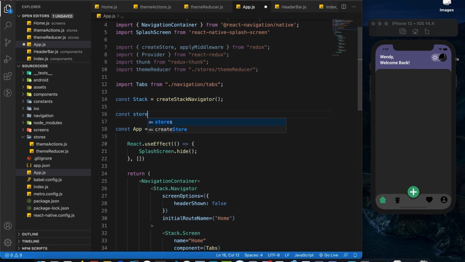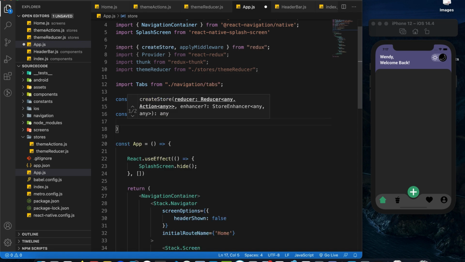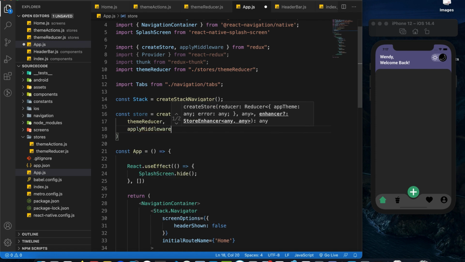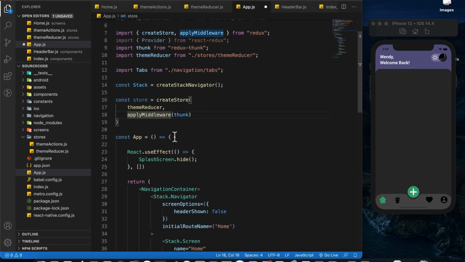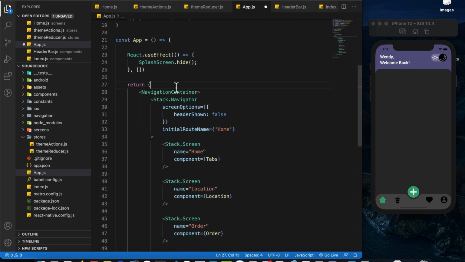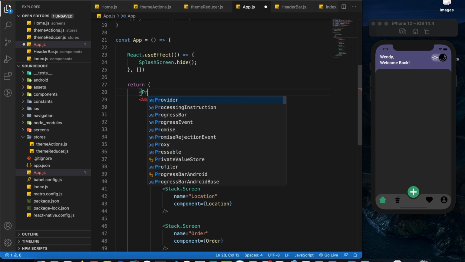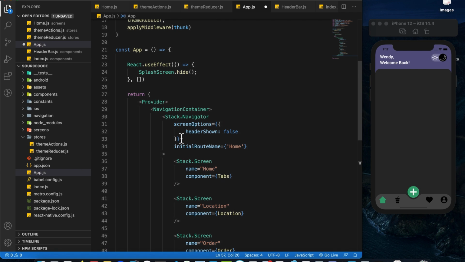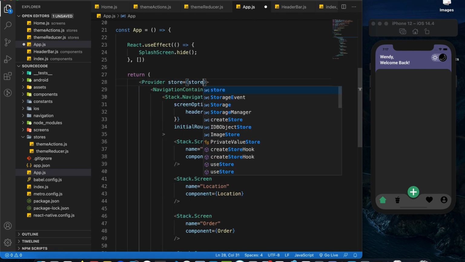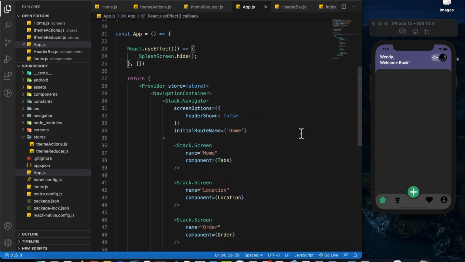So const store equals createStore, and we are going to pass in the themeReducer and applyMiddleware thunk, like that. And lastly, we will need to wrap this whole thing within Provider, and the store equals to store. That's it. Alright, now what I would like to do next is that I want to be able to toggle